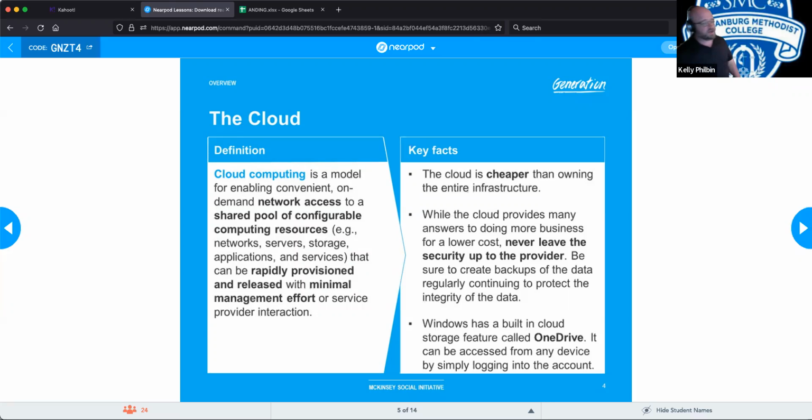You always create backups of your data, regardless. And you are going to test these backups to verify their viability as well. Windows itself has built-in cloud storage, as does Google Drive. As we're familiar with Google Drive, you have OneDrive, and then we have iCloud with Apple. So there are alternatives for personal use as well.